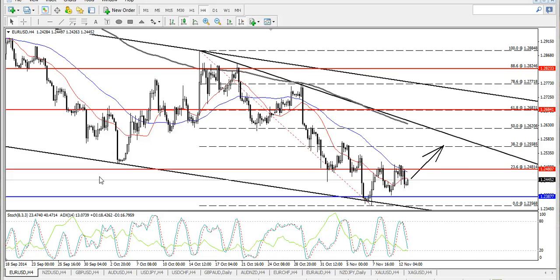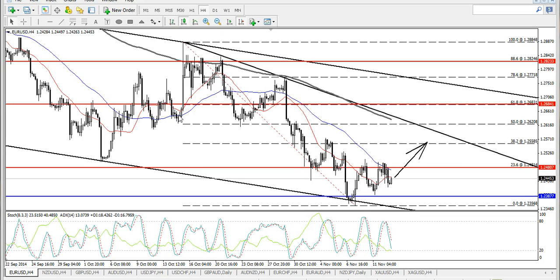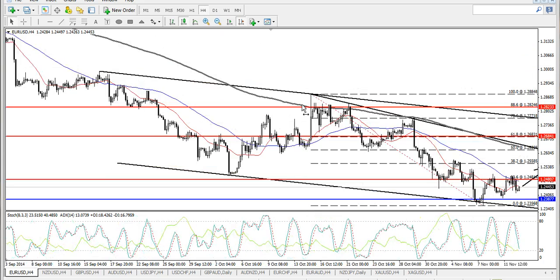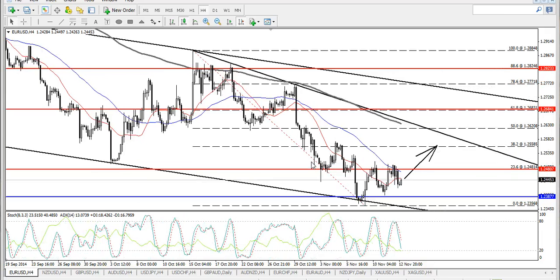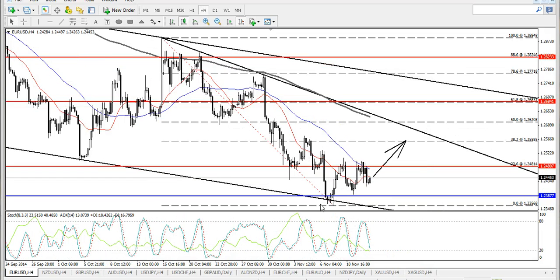So we're going to start off with the four major currency pairs that we always go through, starting off with the euro against the US dollar. Over here we are seeing the four-hourly chart. As you can see, there is a falling major trend channel, and price touches the bottom. Right now it begins to rebound and price is